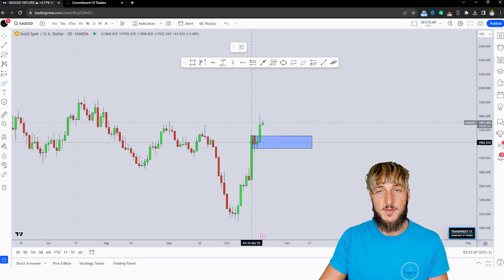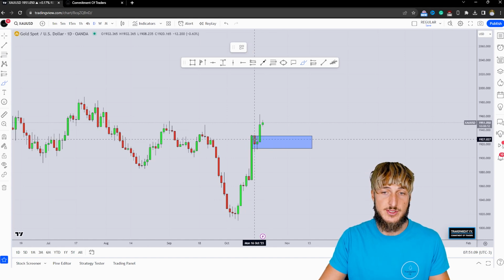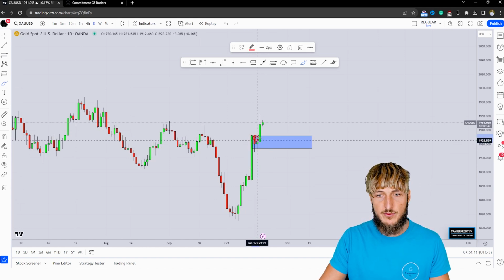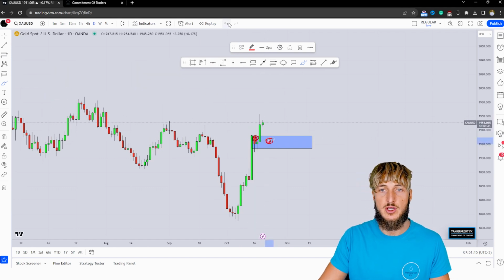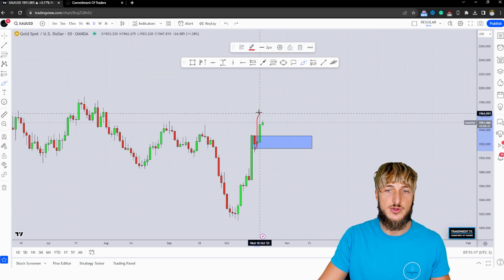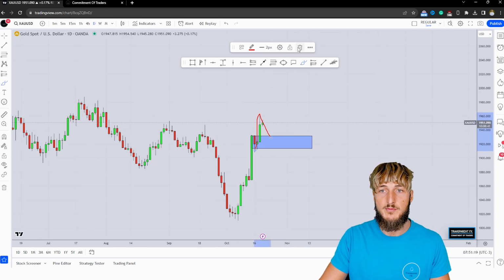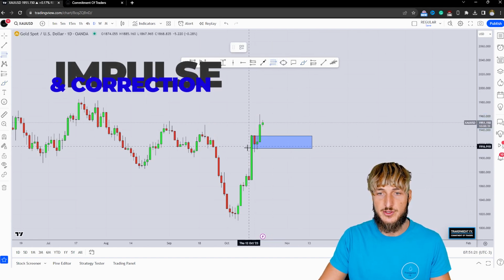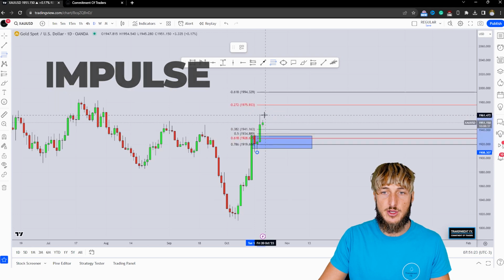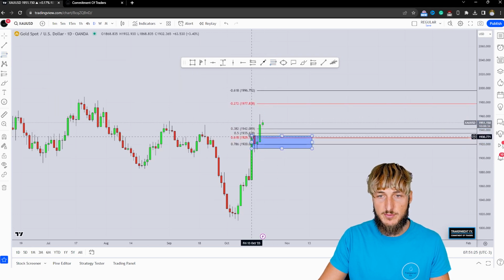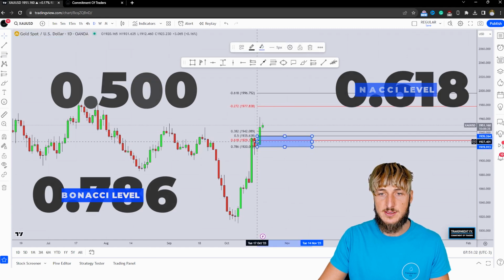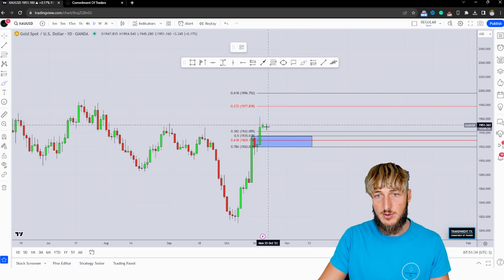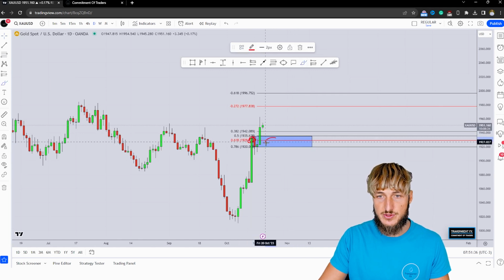This red candle from a daily standpoint, if we consider this structure, which is previous daily resistance, has now turned support. Now, as we did previously on the weekly time frame, since also here we have an impulse, if we want to measure a potential correction after this impulse, also here we have to take our Fibonacci from the low to the high of the impulse leg, and we can see how we have the 50%, 0.618 and 0.786 retracements lining up precisely with this previous resistance turned